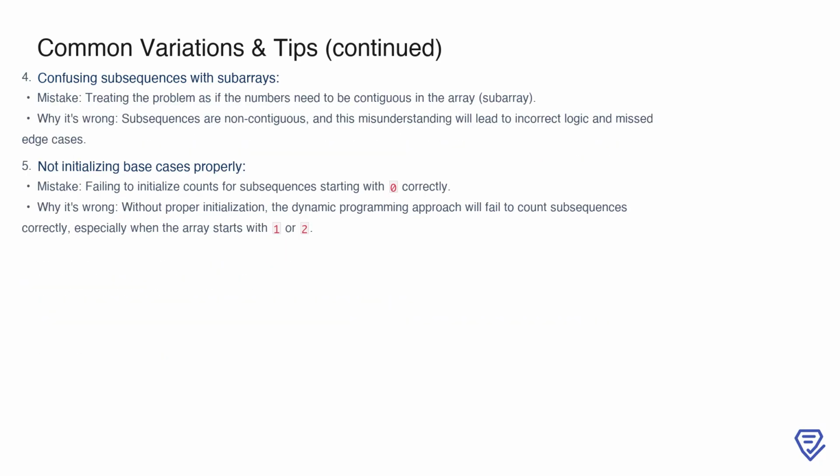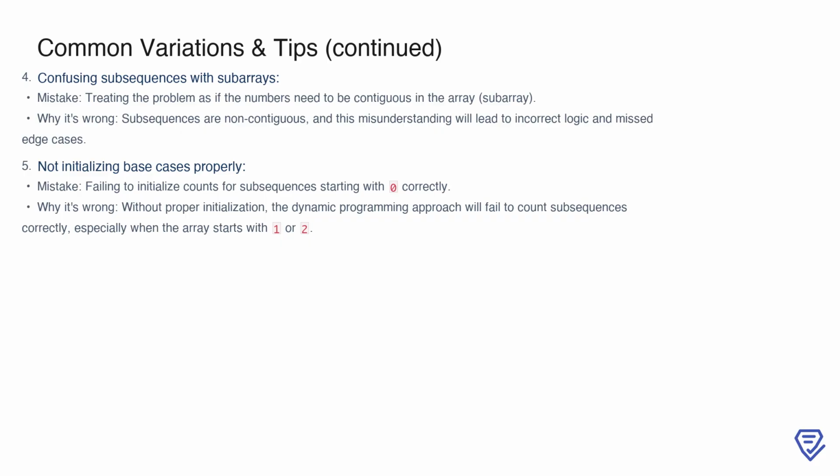Another area where mistakes often occur is confusing subsequences with subarrays. A subsequence does not require the numbers to be contiguous within the array, so treating it like a subarray will lead to incorrect logic and missed edge cases. For example, valid subsequences can skip over elements in the array, as long as the order of 0-1-2 is